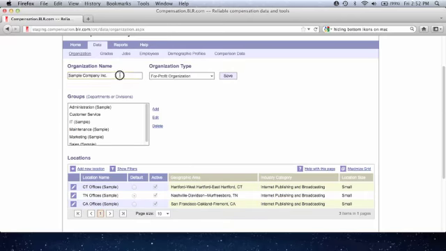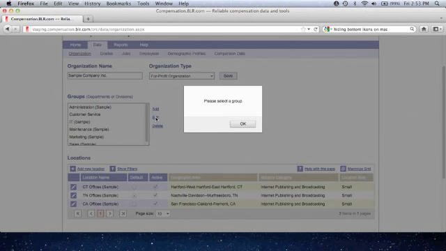So they have to set up an organization. They have to declare it as being of some type, either it's for-profit or not-for-profit, college, university, hospital, etc. Now at this point we're not really using those, we're just collecting that. And then they set up their departments or groups. We've set them up here in just a sample as administrative, customer service, IT, but they can have whatever they want. And then if they want to edit the list,